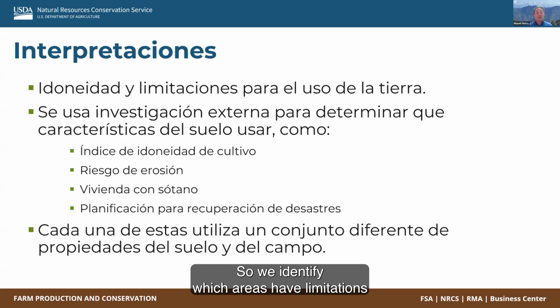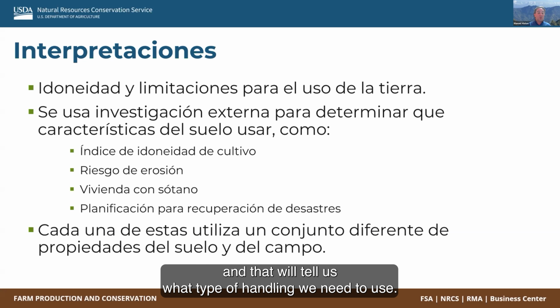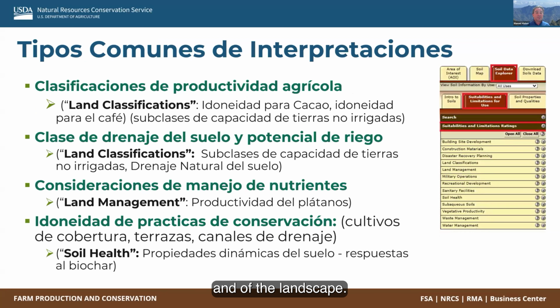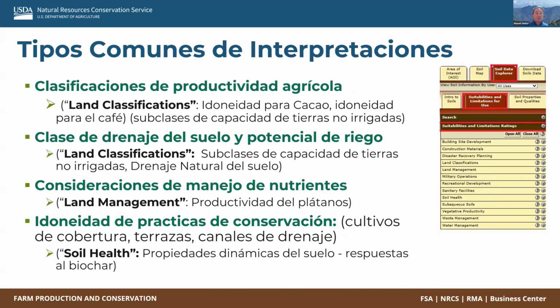So we identify which areas have limitations, and that will tell us what type of handling we need to use. Each one of them uses a different group of properties of the soil and of the landscape, and they're going to be specific. Some common types of interpretations we have are classifications of agricultural productivity, for example.